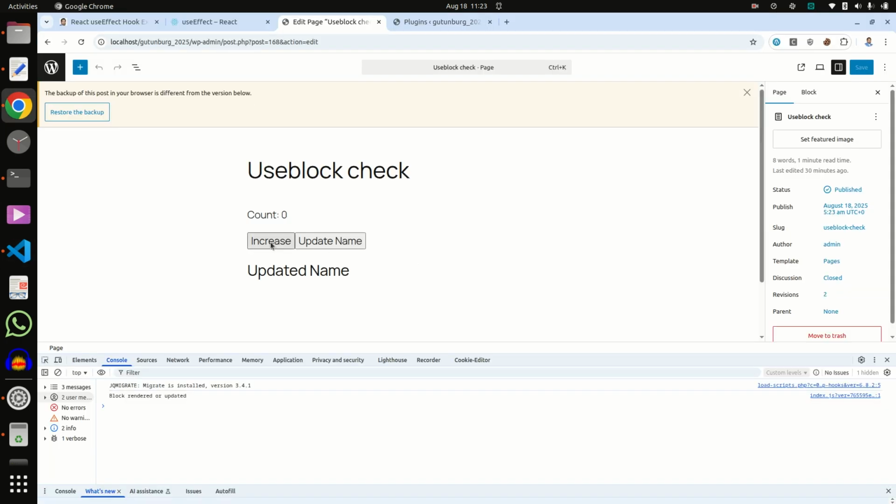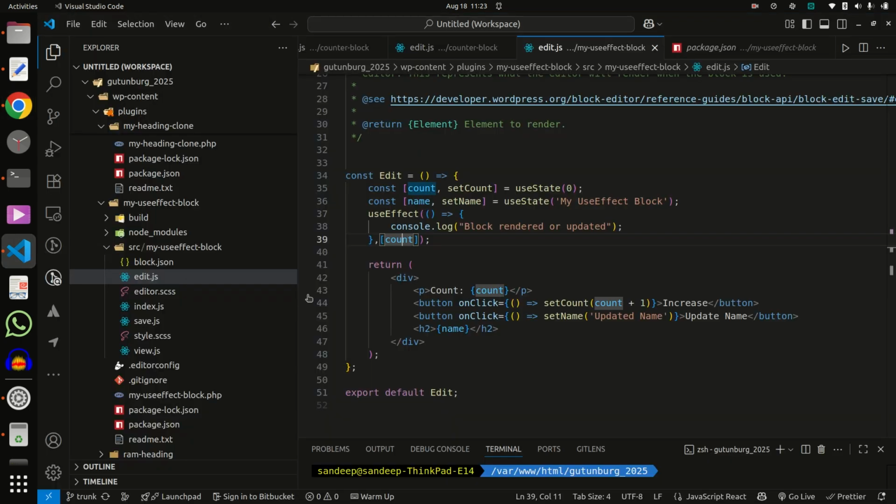So when we click on increase, it runs again, like it is 12, now it is 13. So 13 times the code inside useEffect is called again and again.